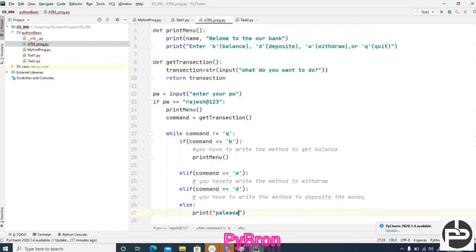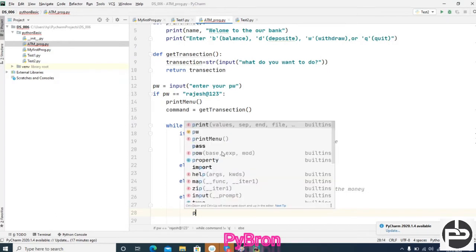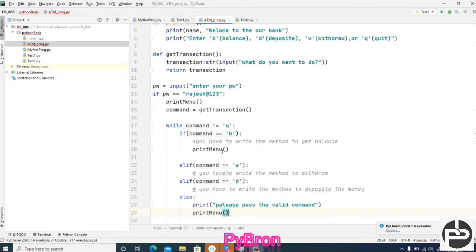Please pass the valid command. Once the user passes a valid command, then again we have to print the menu, that message again: B for balance, D for deposit, W for withdraw.